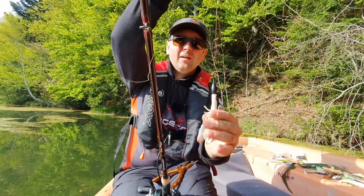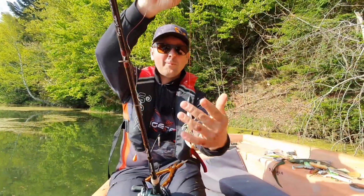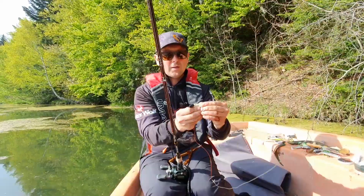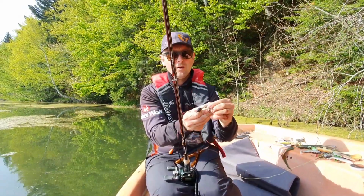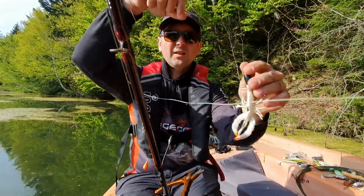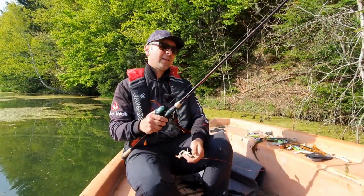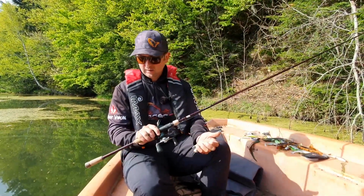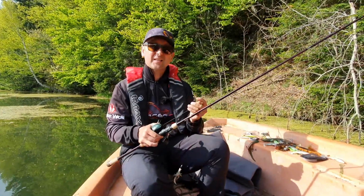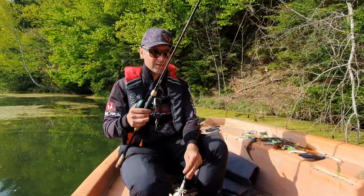So this way, my reaction craw is really like a small, compact. It goes easily in and out of the cover. The hook point, you can just bury, like texposé, from the bottom side. So this is my punching rig. The rod I'll be using is a custom trigger 80-gram rod. It's quite strong rod, and the braid is 58-pound silencer braid. So you need a strong line, strong rod,